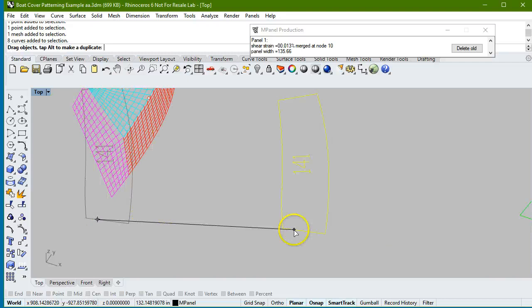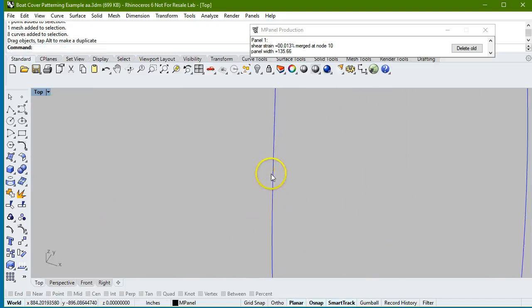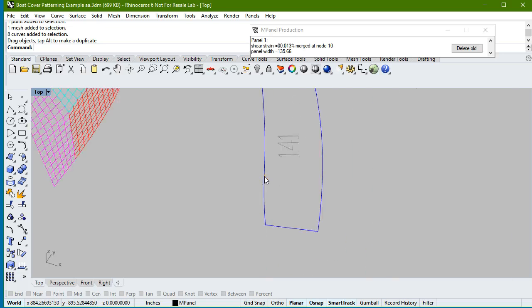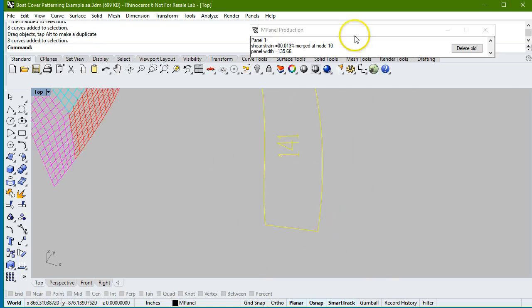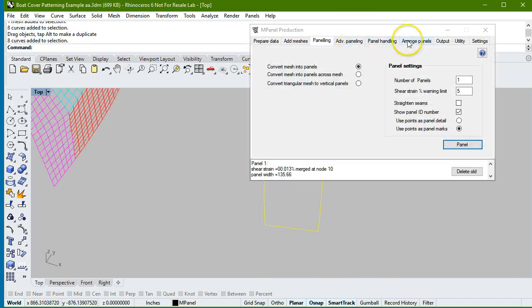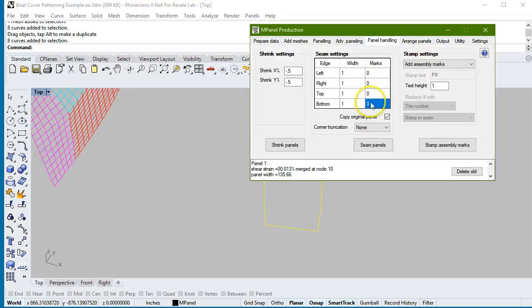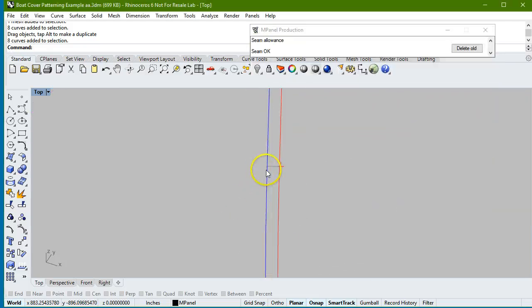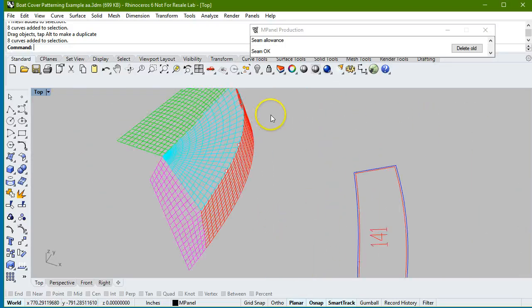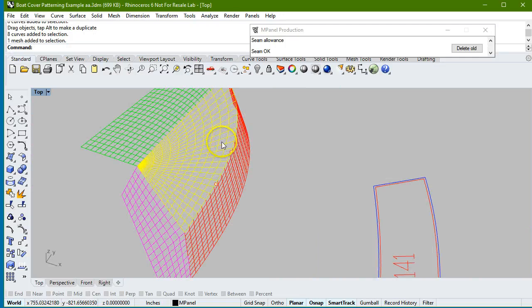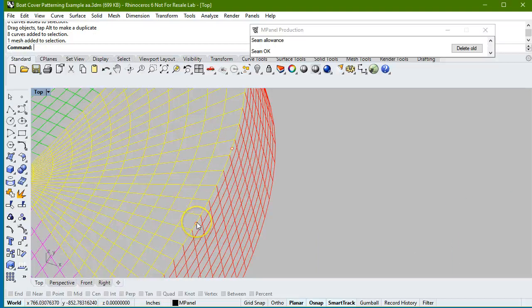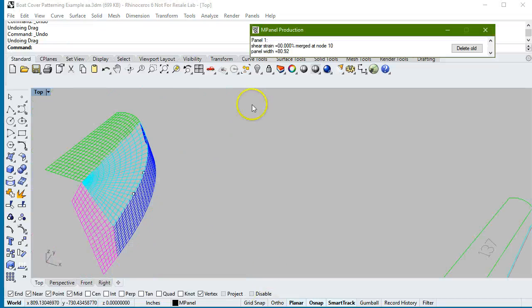and let's just move that panel over here to look at, and we can see that those marks have transferred across into the panel edge. When that panel is then panelled, and again here to make it clear what's happening, I'll specify 0 marks on the side. The mark is translated into a line which is going to be drawn in the scene. Of course, when we panel this mesh here, we would also pick up those same 2 points and would then continue to make a panel with those